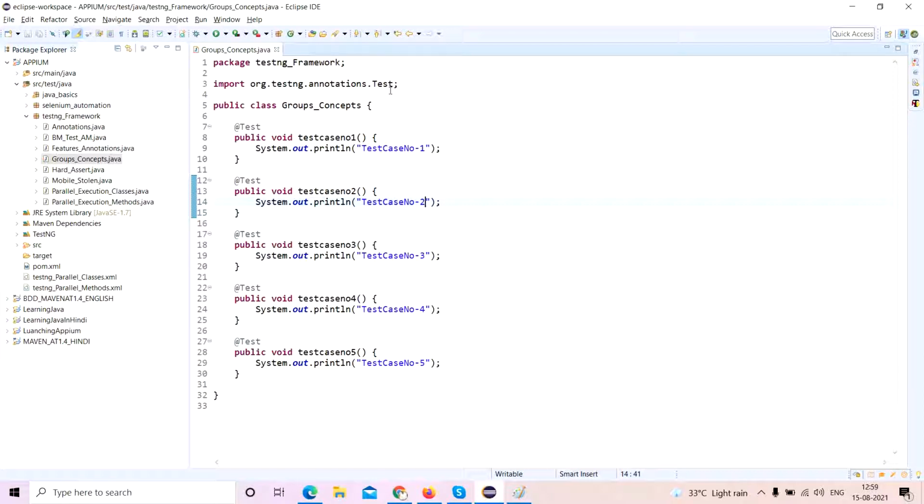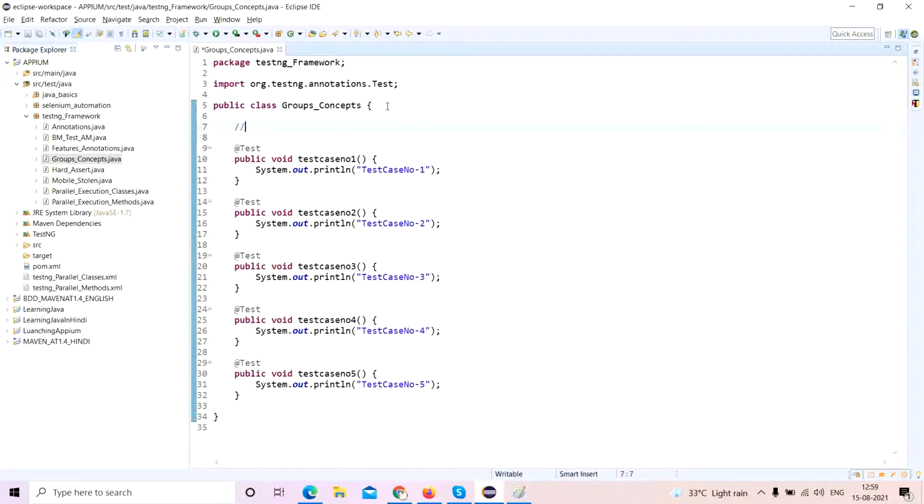Now if anybody asks you what you mean by groups in TestNG, it is a simple feature of TestNG which helps us assign tests or even classes to a certain test group.